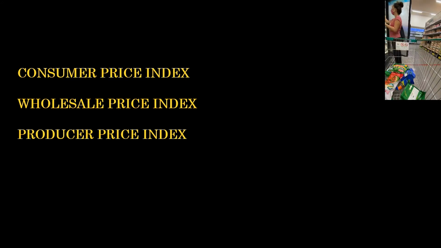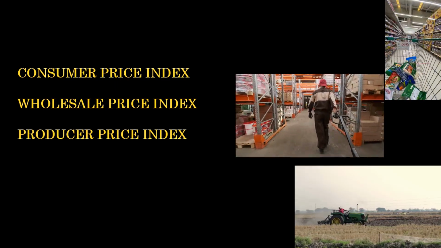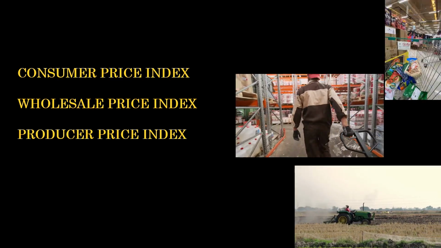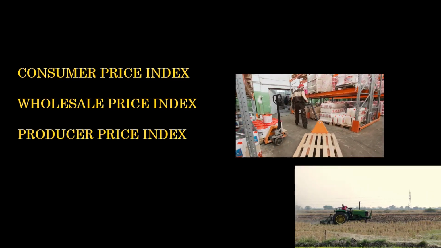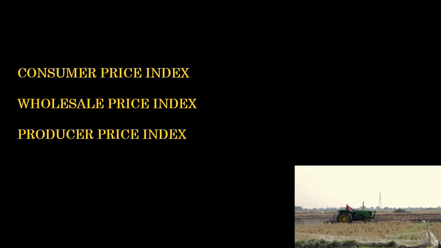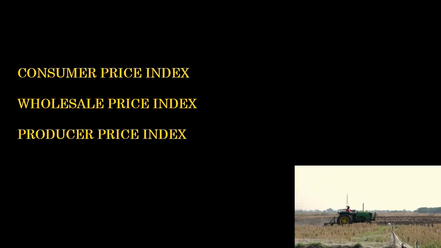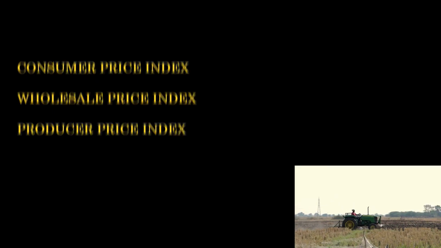In the Consumer Price Index, you are going to have to calculate what the consumers have to pay for the products they buy. For the wholesale price, you count the price of the goods before the retail level. This is done so that you can get a better idea of what the raw materials and other stuff cost while making the product. For a little better idea on that state, countries also go for Producer Price Index. What the producers are charging when selling the product for the first time.